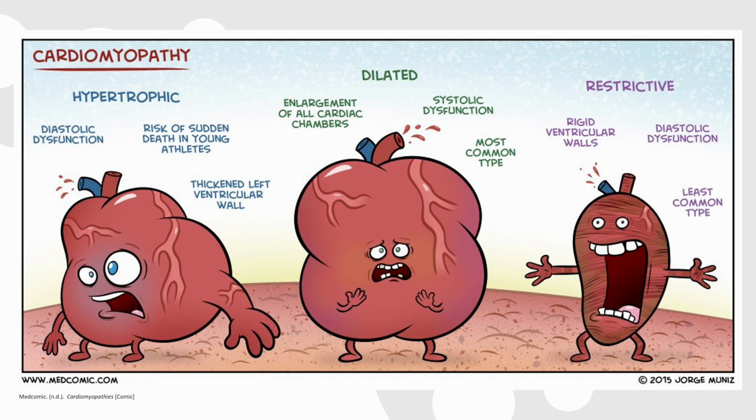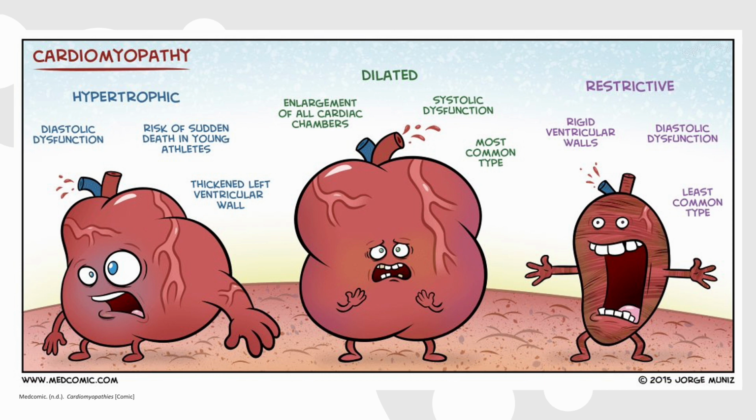Here's an image, kind of a comic, that I think does a really good job of laying out the various types of cardiomyopathies we just discussed in the last slide. On the left, we have hypertrophic cardiomyopathy, which relates to diastolic dysfunction. There's a high risk of sudden death in young athletes, I think it's the second leading cause of death in young athletes, and the specific etiology is a thickened left ventricular wall, which then leads to that obstruction